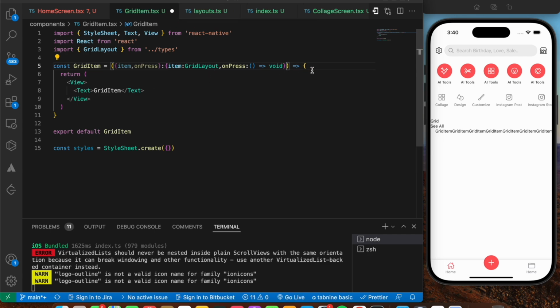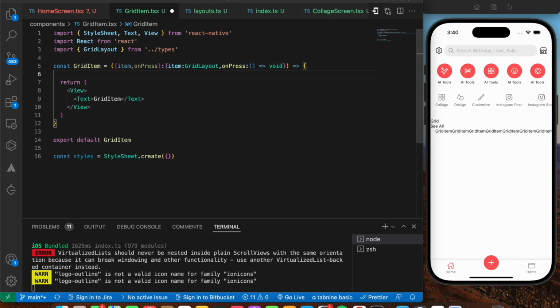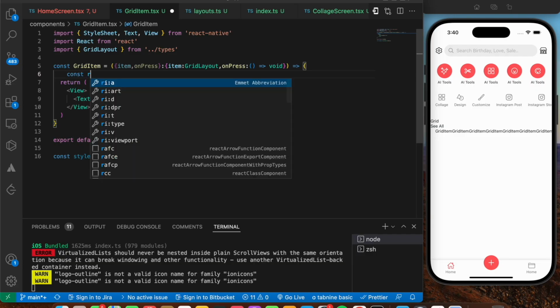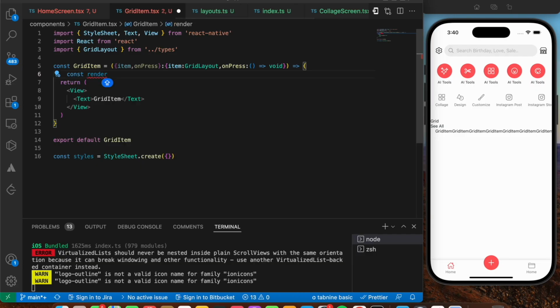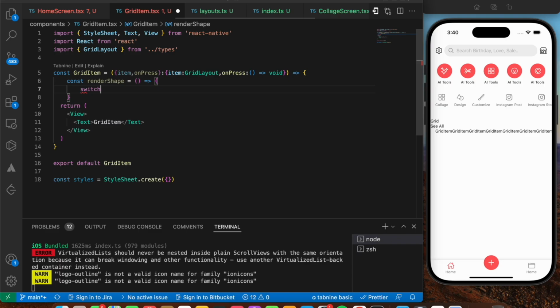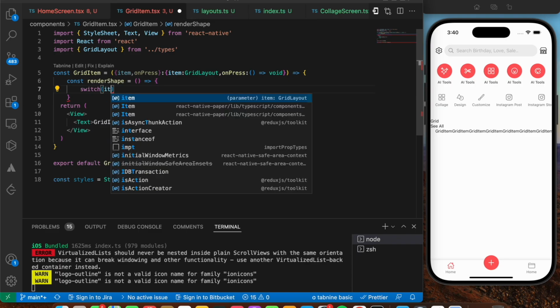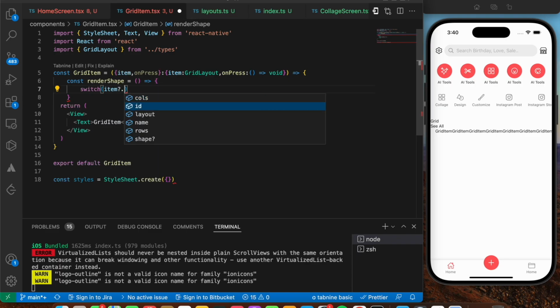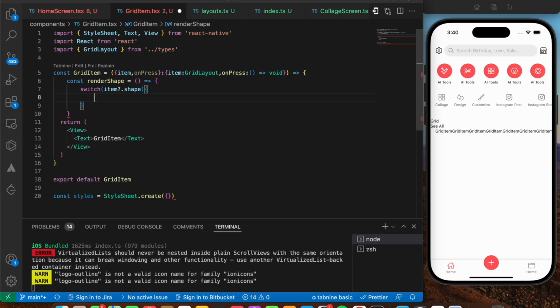Okay, this part is done, and here I'm going to implement a function known as render shape. I'm going to say const render shape is going to be equals to a normal arrow function. We're basically going to make use of the switch case based on the item dot shape. As you can see, as soon as I typed item, we are getting all of these suggestions. So based on the item dot shape, we're going to show this. So I'm going to say case heart